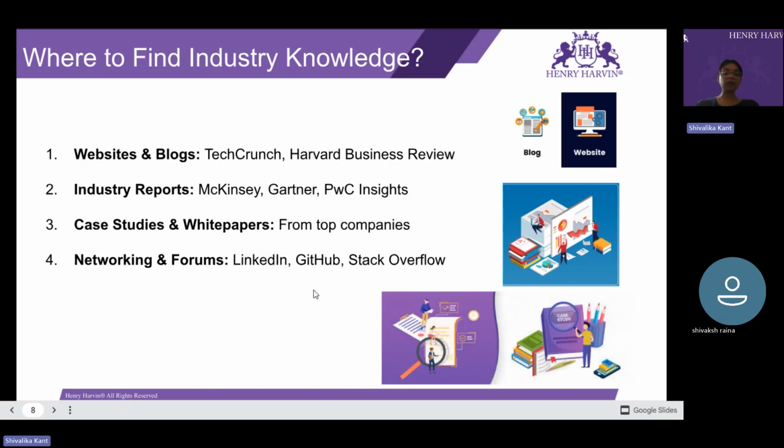For tech, we have TechCrunch and Wired. And if you are a techie in the healthcare industry, then you have BMJ and Lancet. For energy and renewable energy, you have Renewable Energy World. These are very, very good, amazing places, right? Magazines and journals, and you can get lots of amazing information from there.